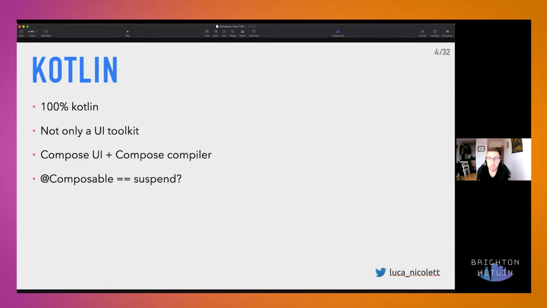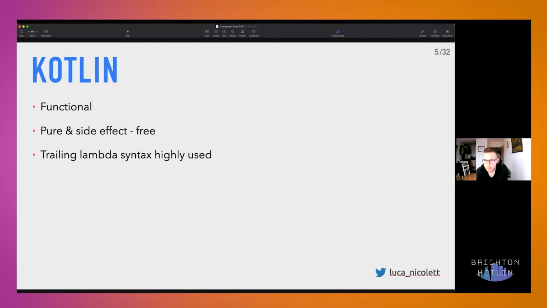The composable annotation, like the suspend function, changes the signature of the function to which it is applied, changing the parameter list and the return type as well. This allows the runtime to calculate and know which of the composable functions need to be retriggered and when during the app life cycle. This procedure of invoking the function when it's needed is called recomposition.